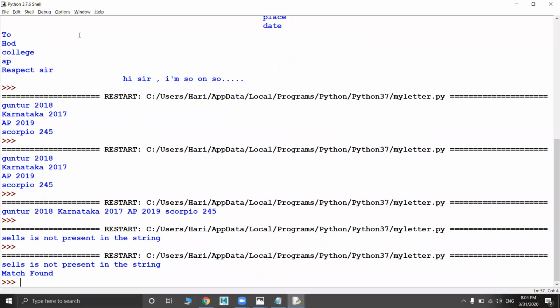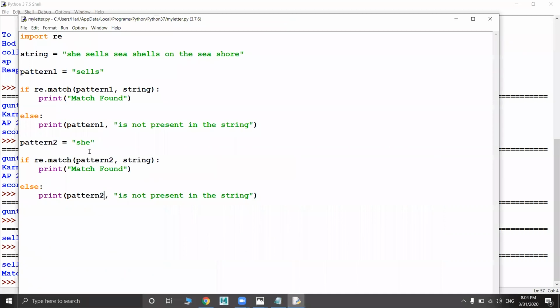What you got? Match found for the second condition. For the first condition, you got not present in the string, because we are using the match function. The match function always checks for the pattern at the starting word only. Here we gave cells, and cells is the second word. It won't check anything other than the first word, so it says cells is not present in the string.